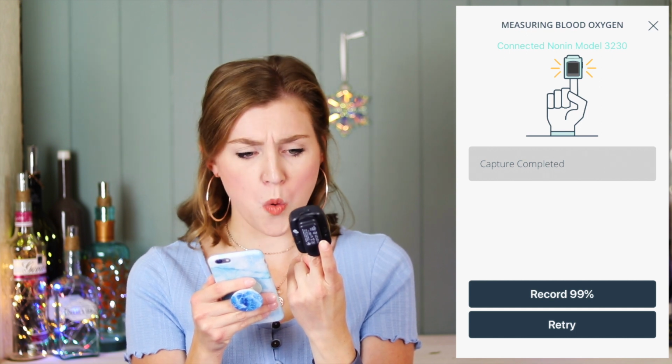99, oh wow, I haven't got 99 for a long time. Wow, that rhymes. So there we go, that's captured that. All I needed to do was open it up and make sure my Bluetooth is on because it all connects via the Bluetooth. So next we're going to check my...